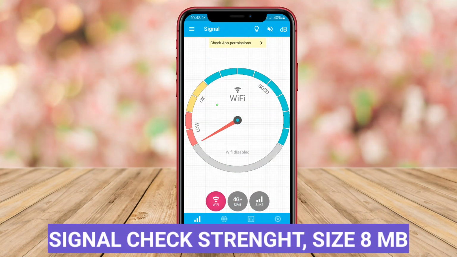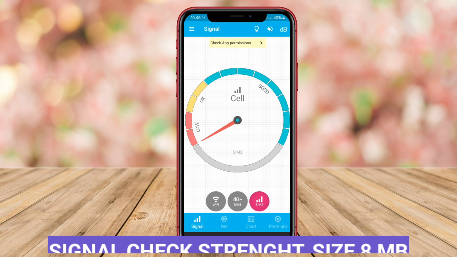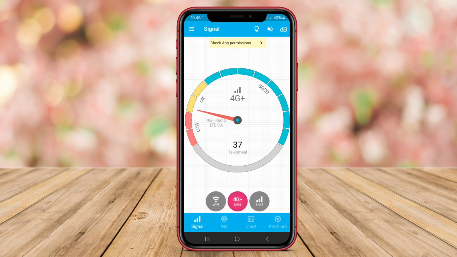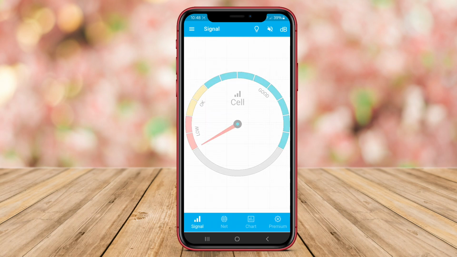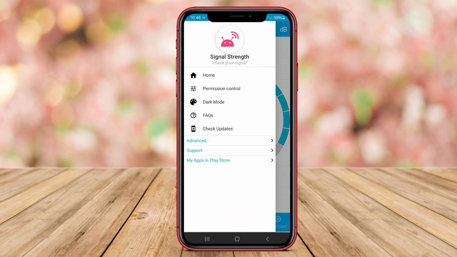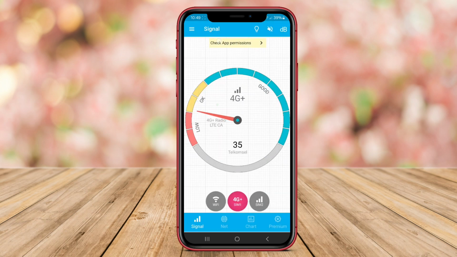Signal Check Strength. Signal Check Strength is an Android application focused on helping users assess their signal strength and quality effectively. This app offers a user-friendly interface that displays key information like signal strength, network type, and signal quality in